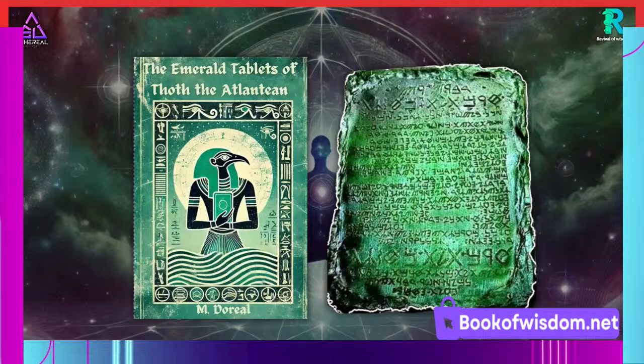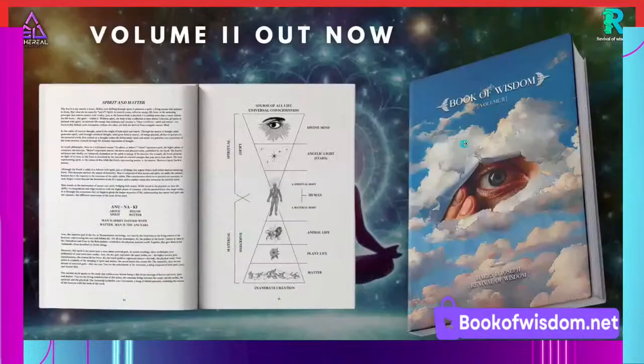It's hard to understand, so you must read it over and over again. The more your mind progresses, like for me, I read this every couple of months, and the more I learn about consciousness, the more I expand my own consciousness. Every time I read this book, I pick out something new that completely blows my mind, because you can only understand this book to your level of consciousness, to your level of understanding. So now that I've told you all this information, go and read this book and it will absolutely blow your mind. And so will the Book of Wisdom Volume 2, which is now available.